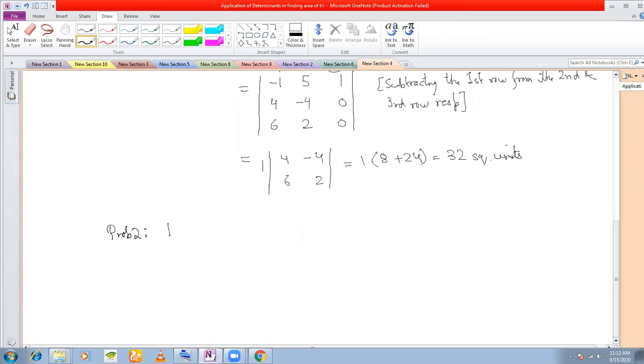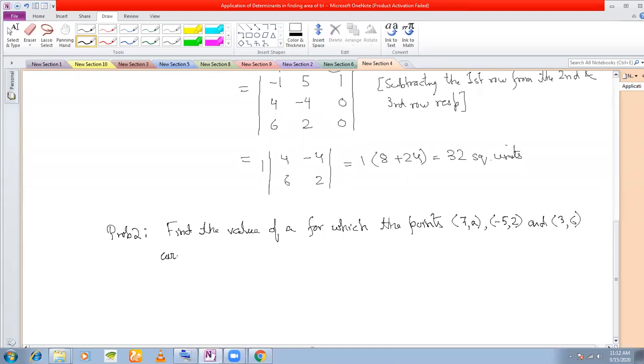So find the value of a for which the points (7, a), (-5, 2) and (3, 6) are collinear. Show that these 3 points are collinear. Okay, so we first name the points. The given points are